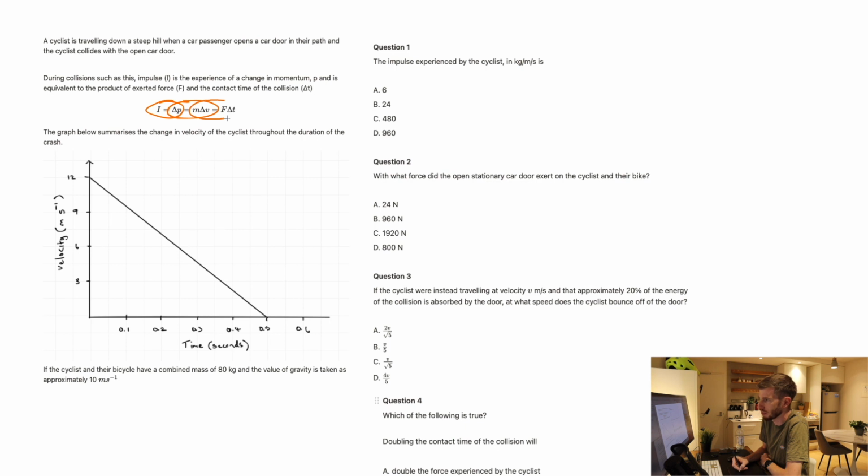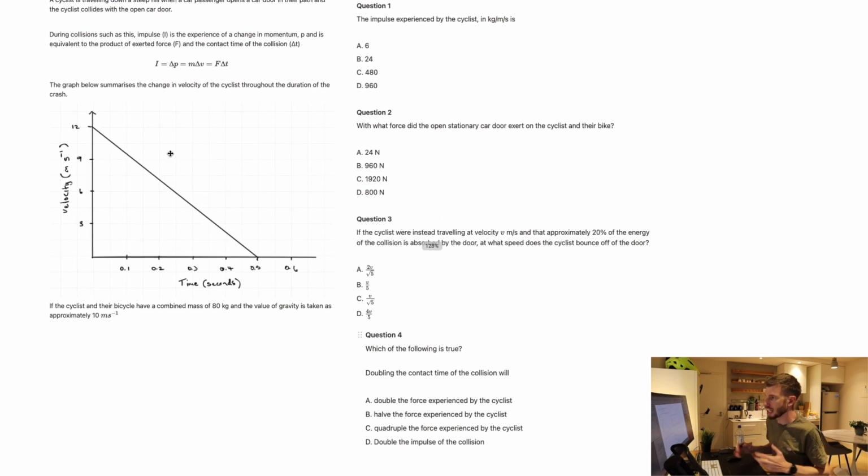We can also say M delta V is equal to F delta T. We could also say I is equal to F delta T and every other version of it, right? I think we get the picture. Okay, so if we look at this, then it says the graph below summarizes the change in velocity of the